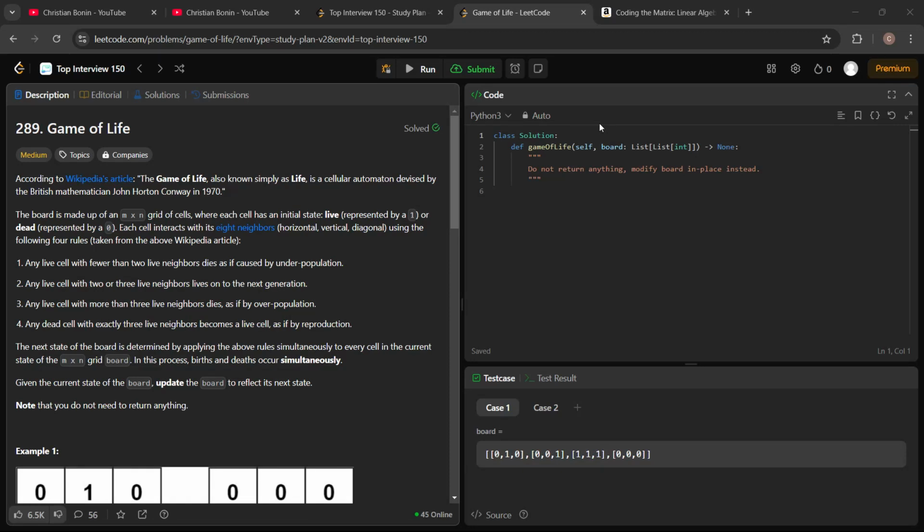Hello and welcome to another Python interview practice problem. This one is based on Conway's Game of Life, which is